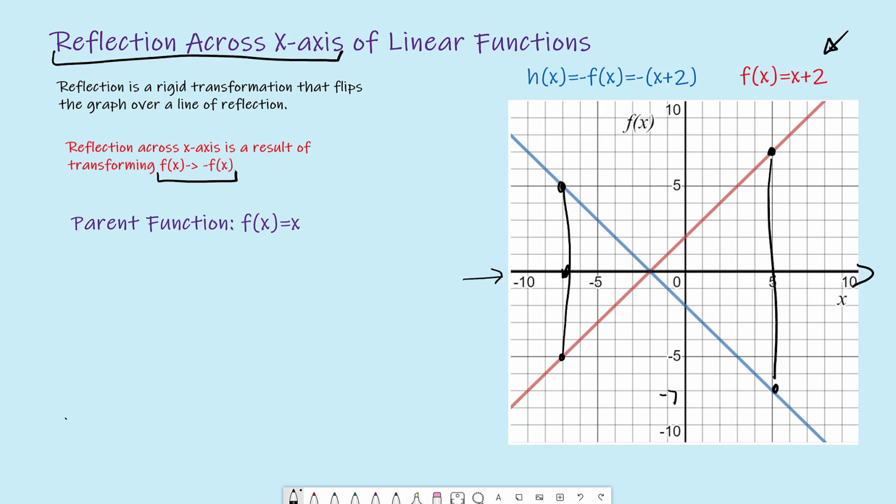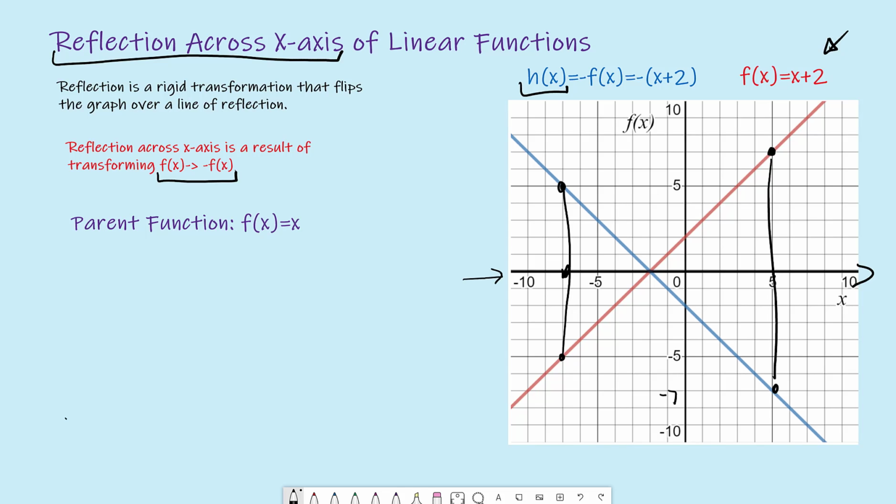f of x equals x plus 2, and h of x is our new reflected function. h of x equals negative f of x, which is equal to negative, in parentheses, x plus 2. So we're putting a negative sign over the entire function. And that's what we would do for any general function that we would like to reflect, not just for the